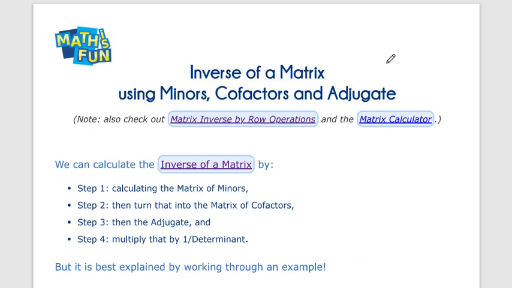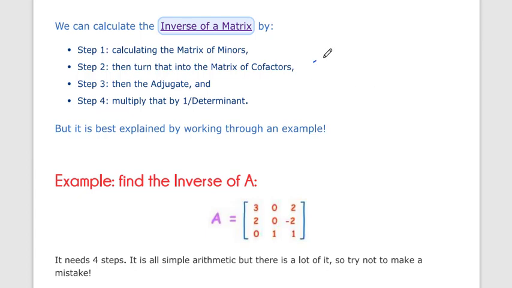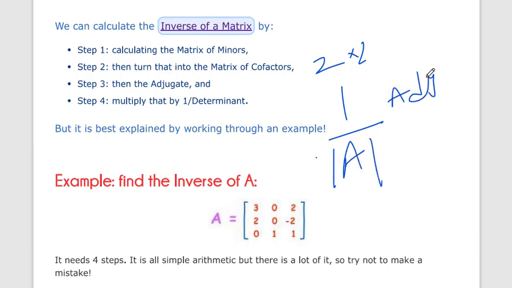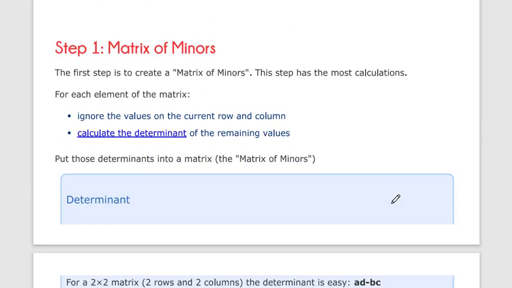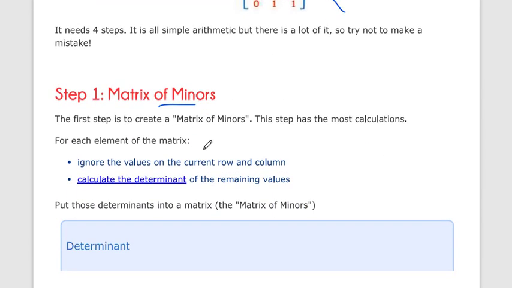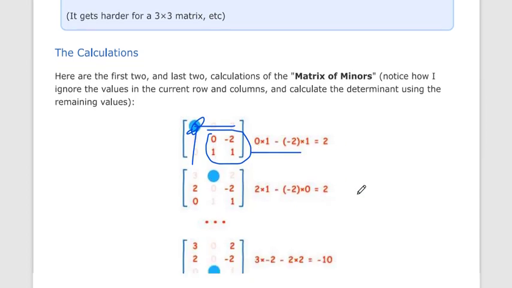Now there is also a second method to find the inverse of a matrix. We have already discussed it for a 2 by 2 matrix, where the equation is 1 upon determinant of A times adjoint A. But how do we find this adjoint A in a 3 by 3 matrix? First of all we have to make a matrix of minors. How do we make a matrix of minors? First we take the first row, first column, ignore that row and column, then this is a minor matrix, then find its determinant.